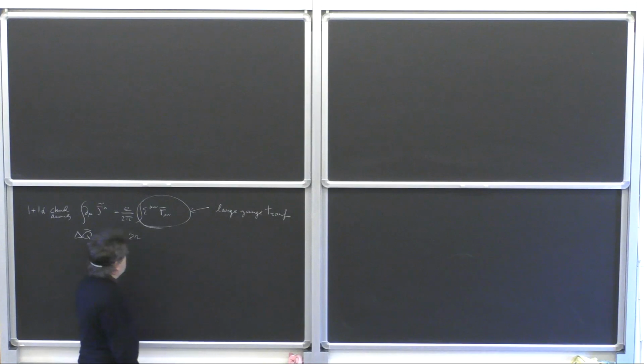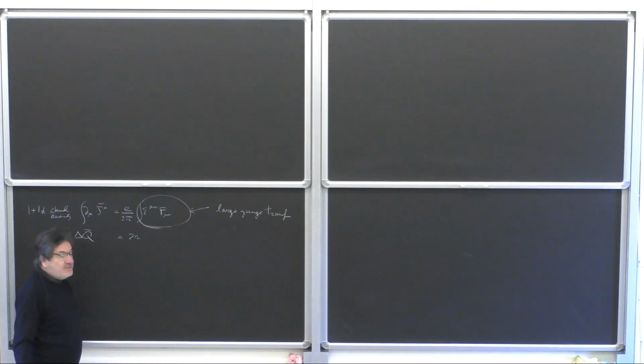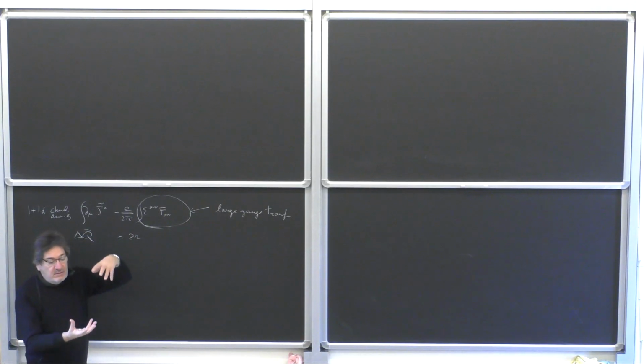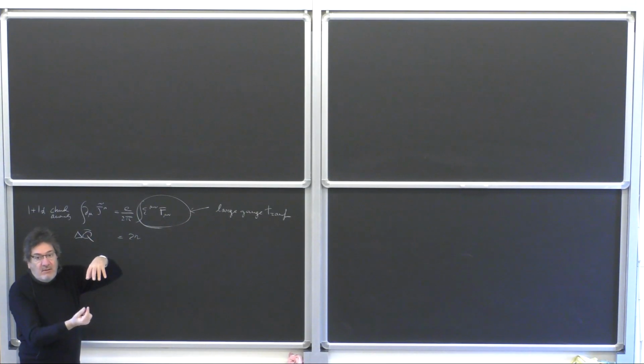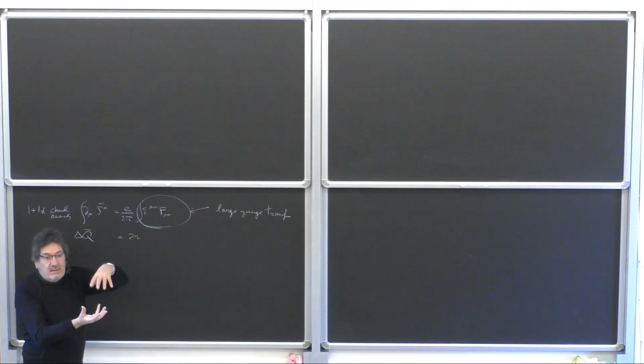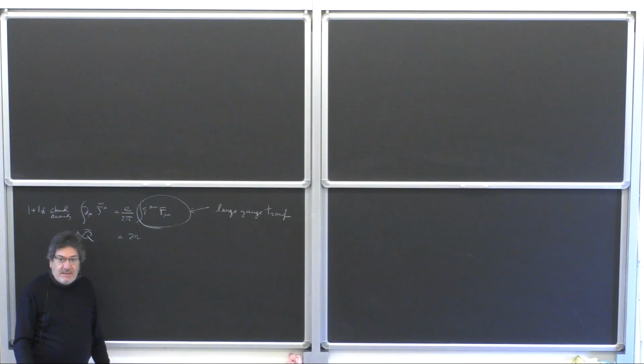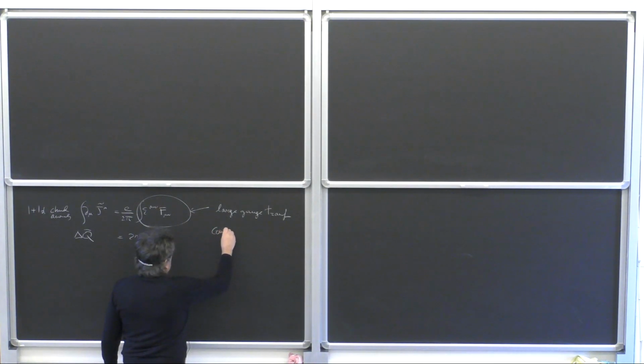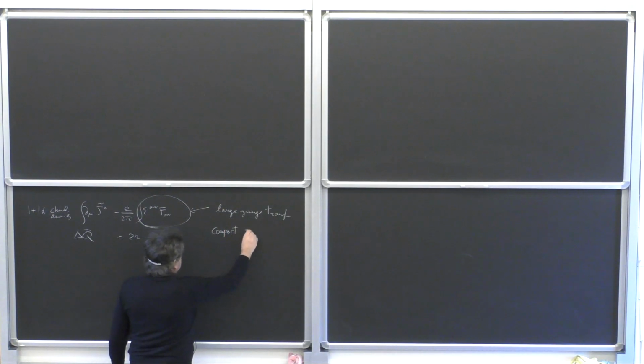It is possible that this is an integer because of the large gauge transformation that you do when you join the two parts of a cylinder to make a torus, or when you join the two parts of the sphere to make it compact. So large gauge transformations have to do with compact space and compact group